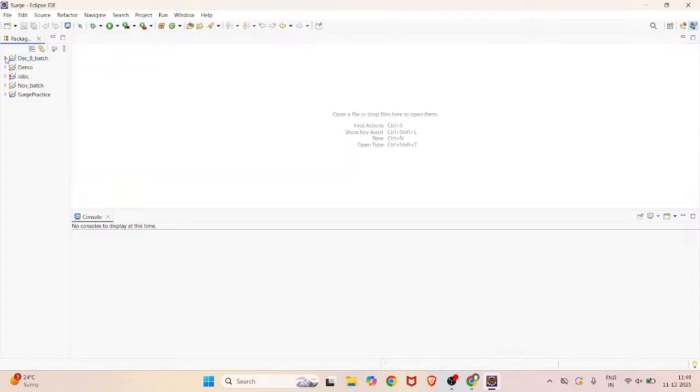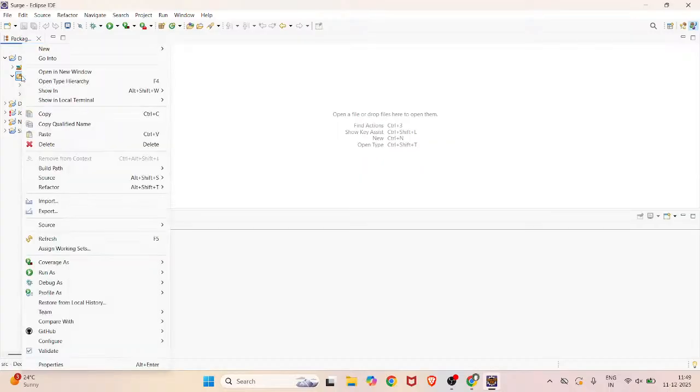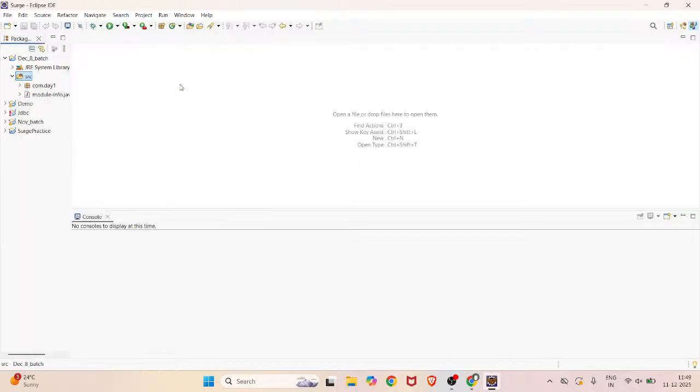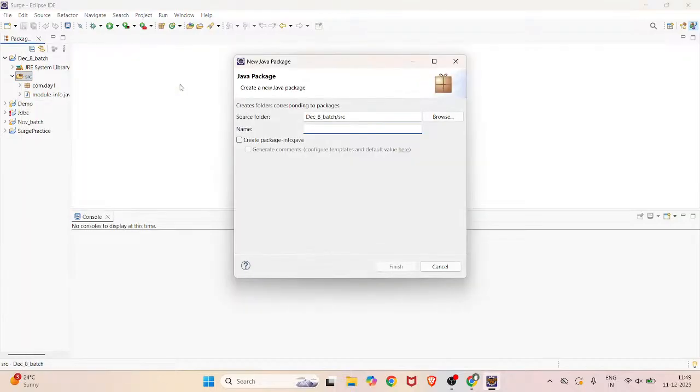This is the project I created for these sessions. In the src folder, I can create another package. Normally when you are creating a package, right click on the src folder. Suppose the src folder does not exist in your Java project, then click directly on the project name, go to New. You can see an option of package here, and in that you can mention the package name, anything. Suppose here I can mention com dot